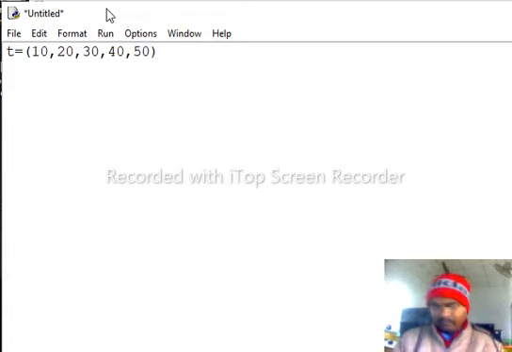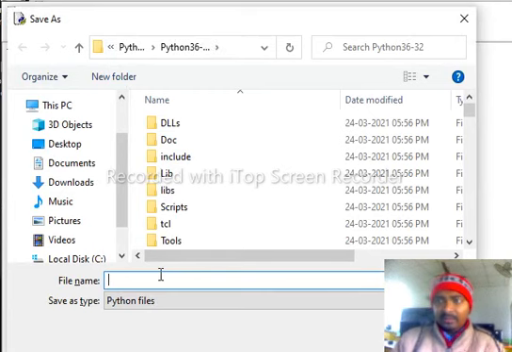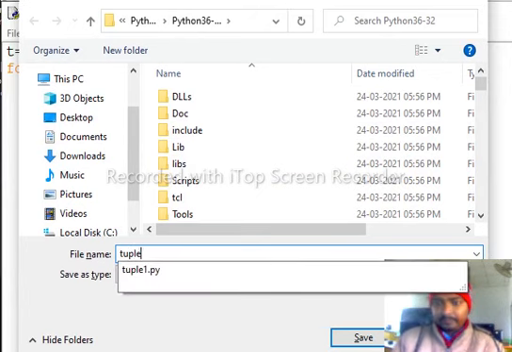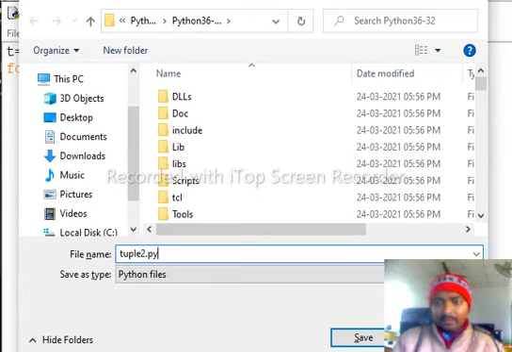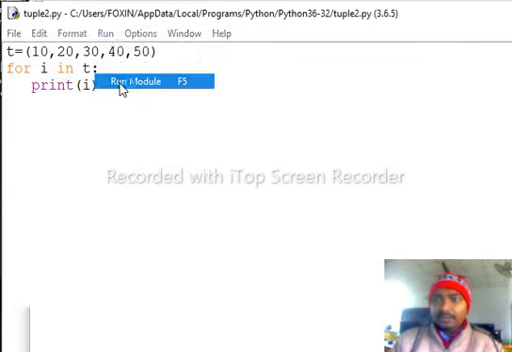Using a for loop, print each and every element inside the tuple t, using a print statement, print the value i. Now save this file with any name like tuple2.py. Save this program and run to check the output.